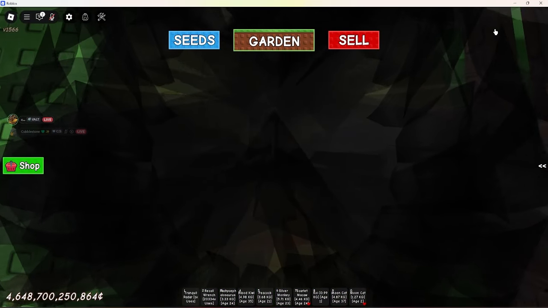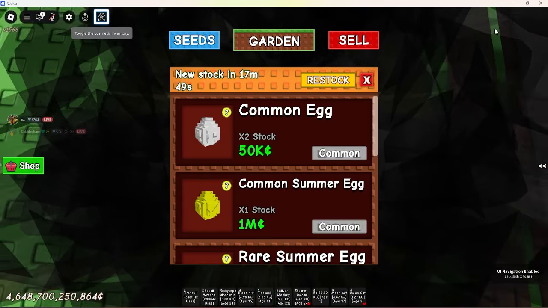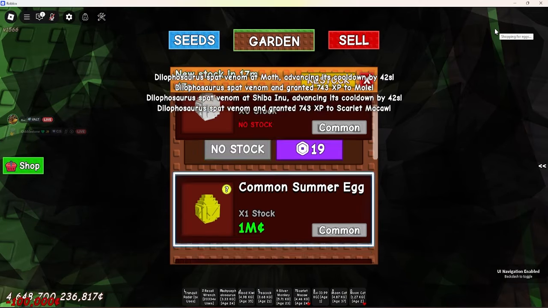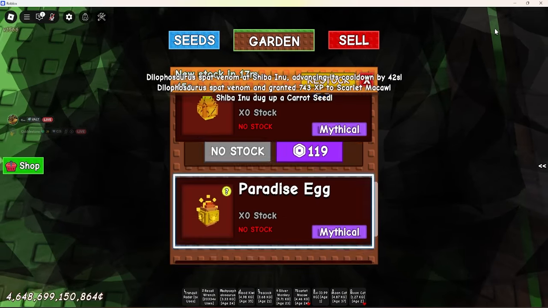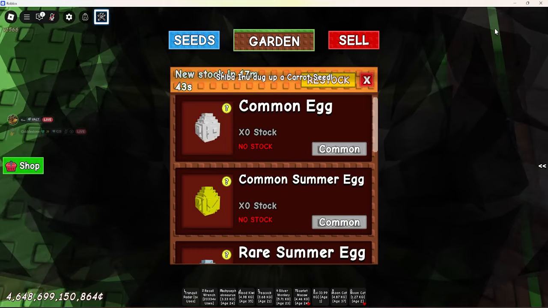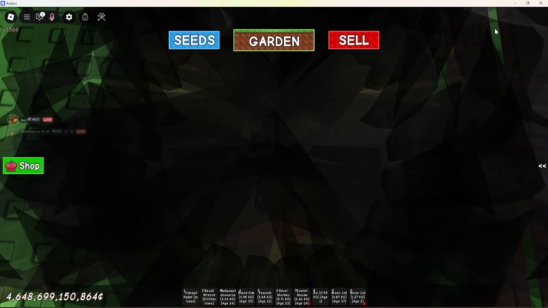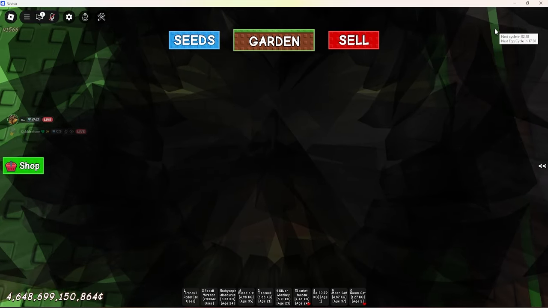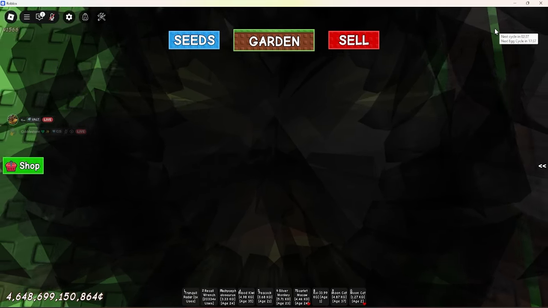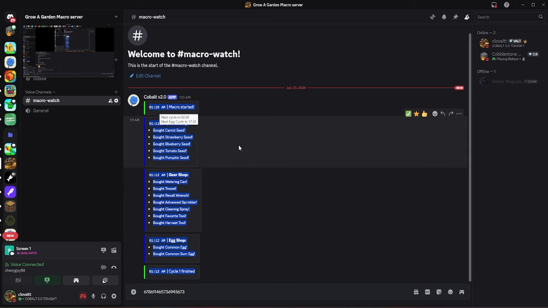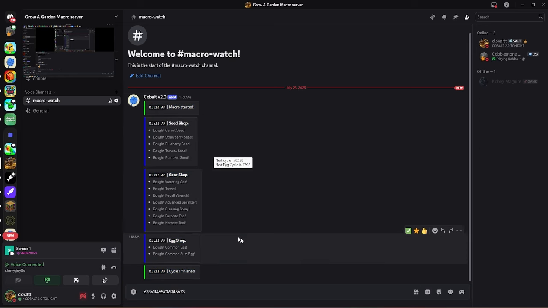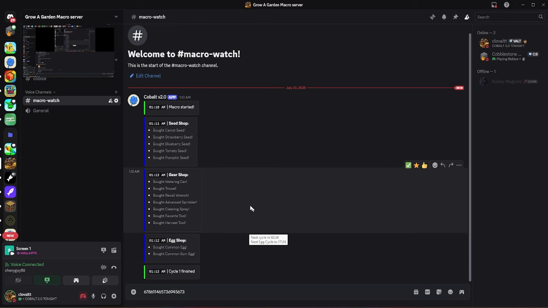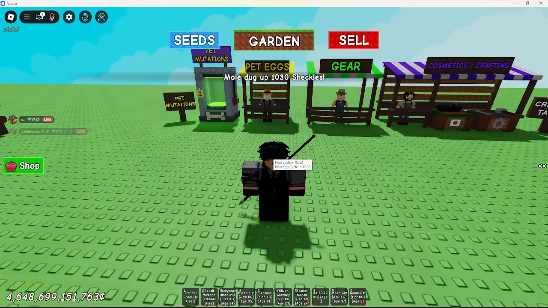Really, you can use the macro however you want, and you can see it's going to go through and buy eggs. And now it'll close it and set a timer for when it should check the eggs again. And as you can see, when I open my Discord, everything I bought is displayed here. You can go back, rewind the video, and check if this is really accurate. But this is about it. And to stop the macro,